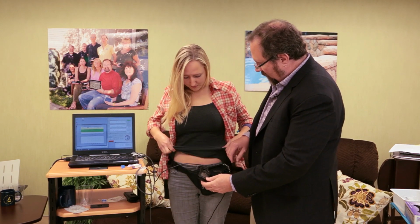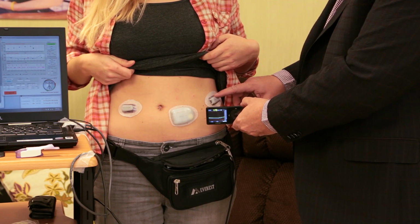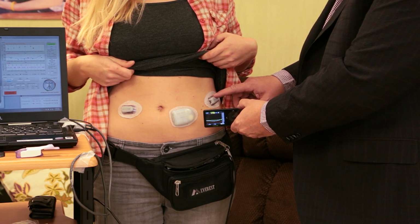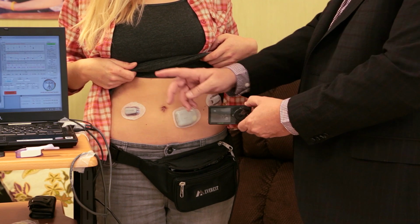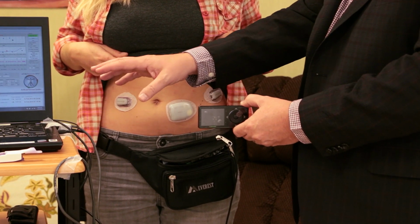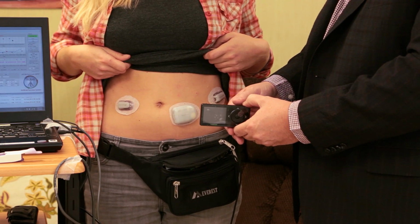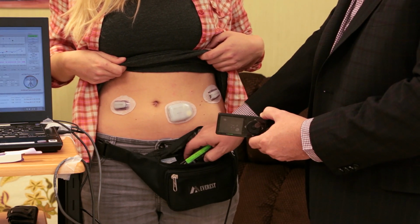I'll describe what the system is and how it's currently working. As I mentioned before, we basically have a continuous glucose monitor. So this is the receiver, and if we can lift up here, basically there's a wire under the skin here that tells how much glucose there is under the skin, and that wirelessly communicates with the receiver. The receiver then sends the signal to the computer, could be a laptop, could be a phone, and then the brain of the operation here decides how much insulin to give. Then it sends that information out through another cable to this device,